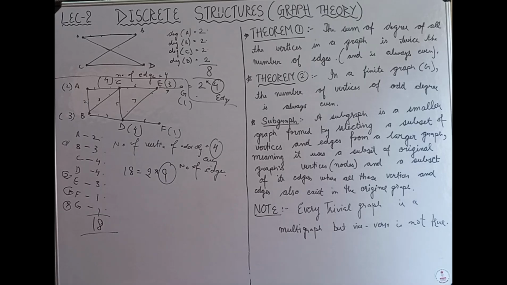So let me make you understand this term. So we have a graph. When we make a smaller graph from this original graph by removing edges or vertices, it will be called a subgraph, and this graph always uses a set of edges and set of vertices that always belong to the original graph's edge set and vertex set.